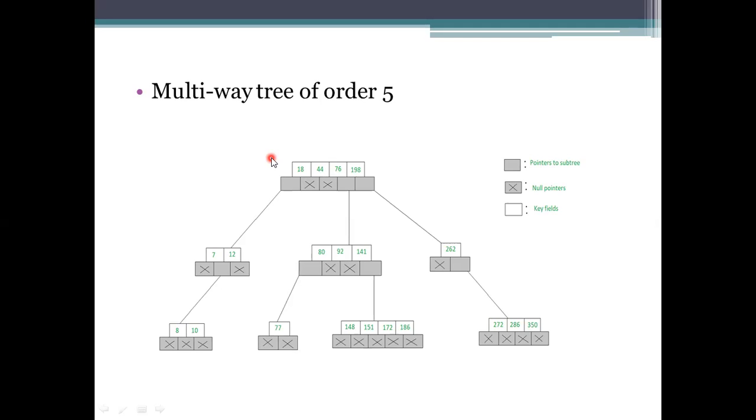It will go to the left side. We don't have any elements right now that are less than 76 or greater than 18, and apart from 44 we don't have any elements in between, so it is considered a null representation.